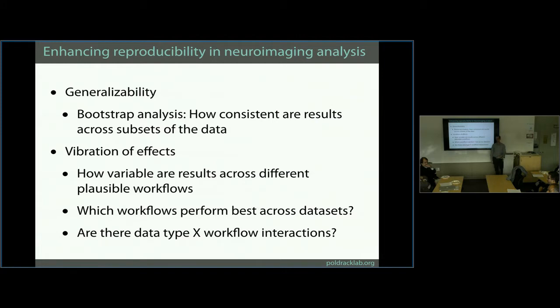These 1,000 workflows, what sort of parameters are you talking about here? Is this model choice? It's generally preprocessing choice. Some of it's modeling, but a lot of it is preprocessing. So for example, what kind of interpolation do you use when you reslice your data? What size of spatial smoothing kernel do you use? Do you perform slice timing correction or not? And when you get into the modeling, you can ask what kind of basis functions do you use for your model? Do you use this kind of temporal autocorrelation measure or that? So there are a lot of those things.